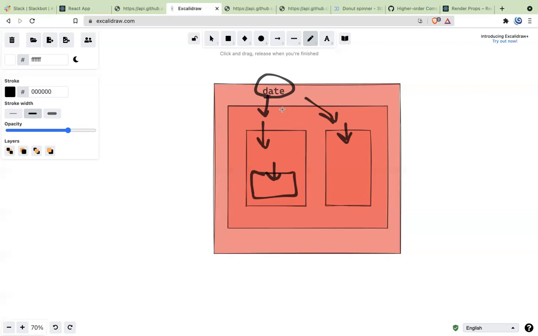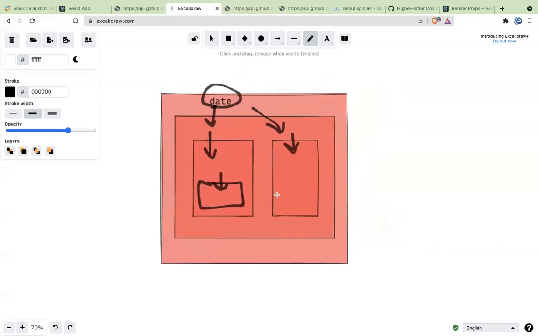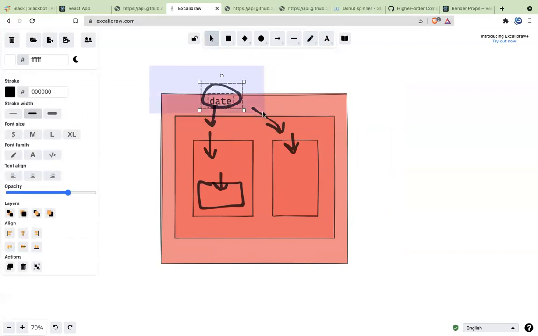Even though this component has nothing to do with data, just because this component needs it, you have to send it through this component. This is one of the problems that context API solves. Rather than passing data using a pattern where data is only passed from parent to children, what they actually do is put this data somewhere here.